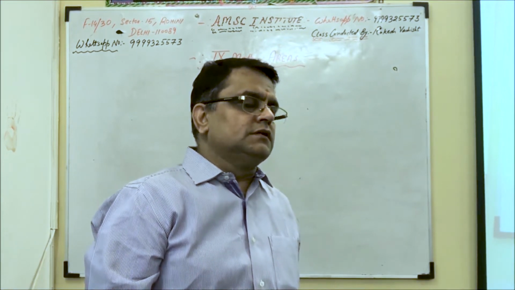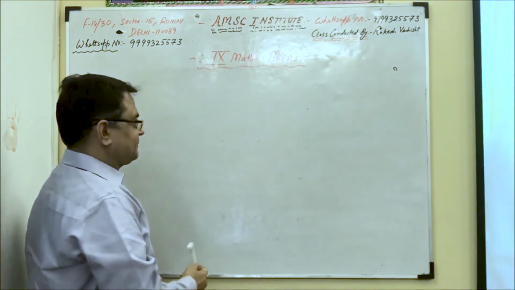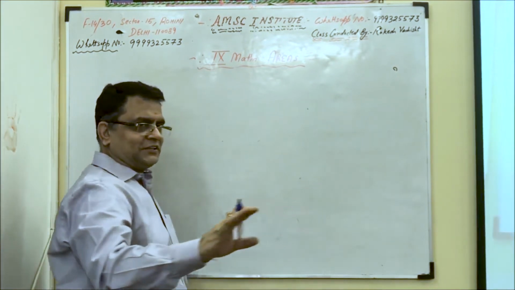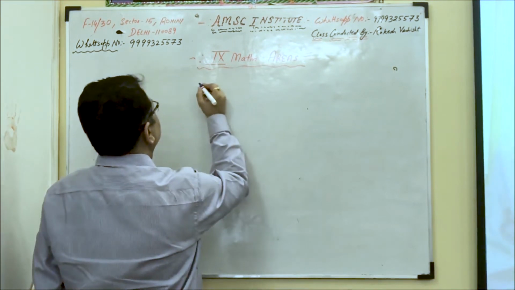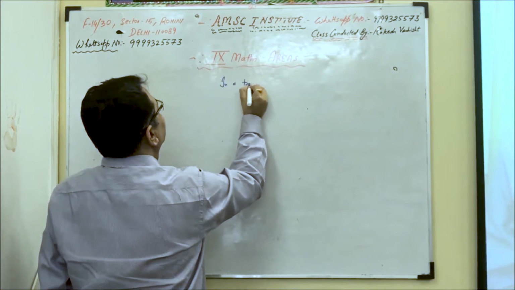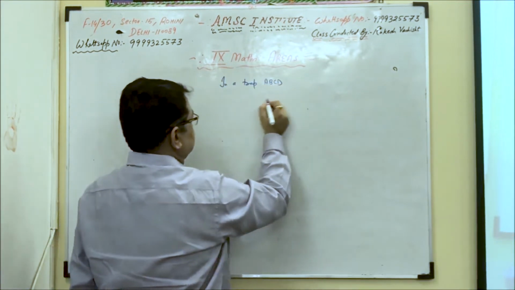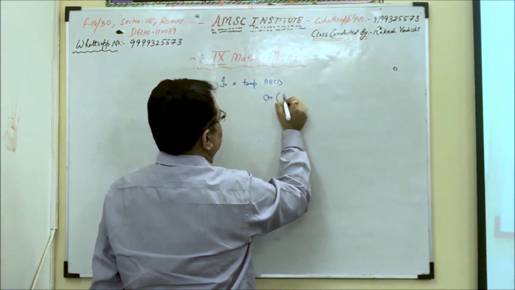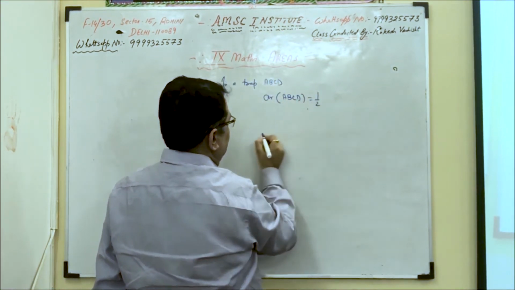Half into sum of the parallel sides into height. Prove it. Question I. And obviously this is not a theorem. It's merely a question, right? So prove that in a trapezium ABCD, the area of ABCD is half into